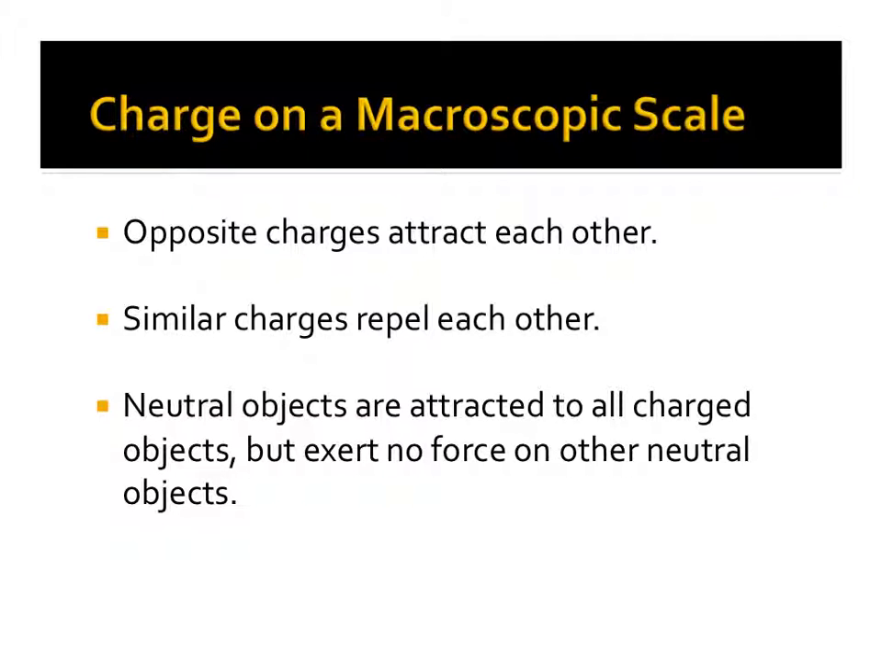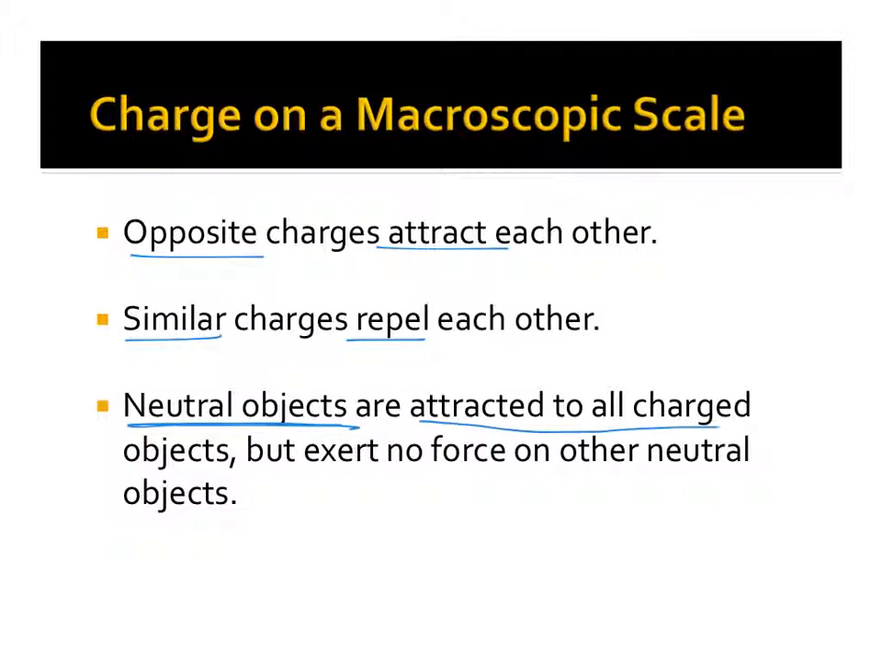So looking at charge on the macro scale, we see that opposite charges attract and similar charges repel. This is pretty similar to what we've seen before, especially if you play with a couple of magnets and you have them going one way, they attract each other, and if you flip one of the magnets over, they'll be pushing back away. Kind of the unknown is what's going to happen to neutral